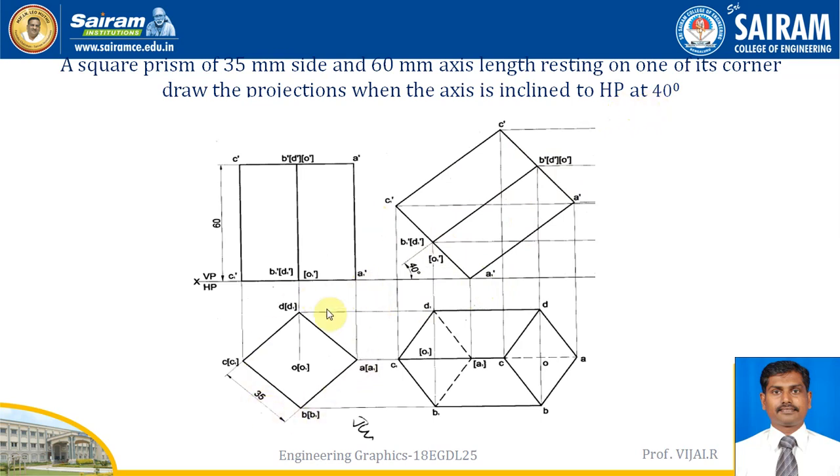So once the first initial position is done, we have to draw the top view and base, hidden bases, brackets, everything I have already discussed. Once this is done, draw the projector lines to draw the front rectangle. In this case we can see this longer edge and this longer edge. So all are visible edges, three visible edges will be here.